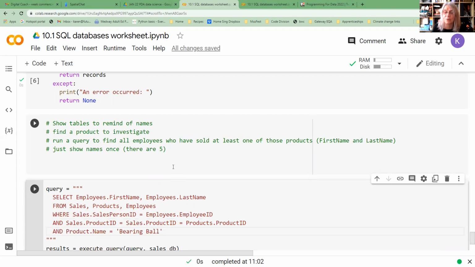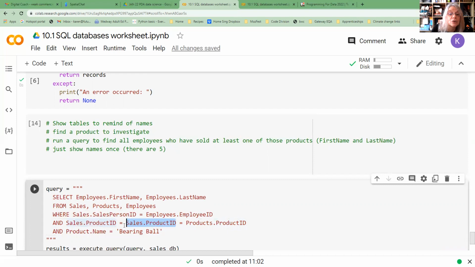So there's a lot going on here, but it's just linking those tables together, and you've just identified where the links are. The salesperson ID links to the employee ID, and the product ID in the sales table links to the product ID in the